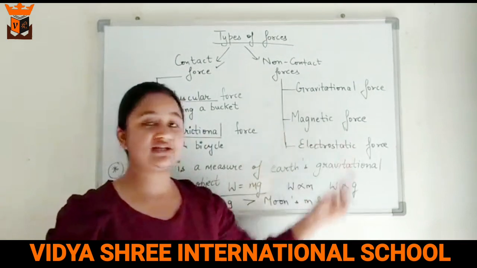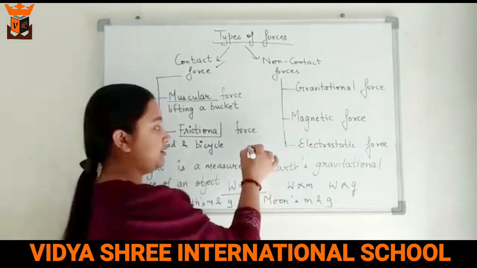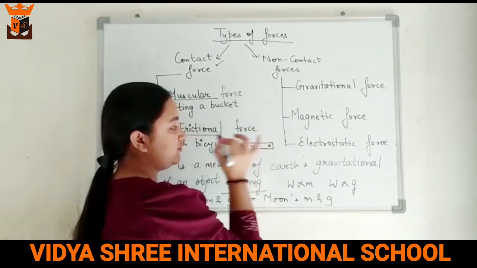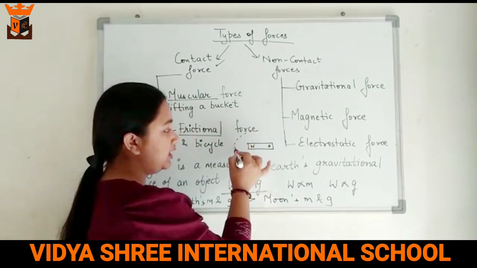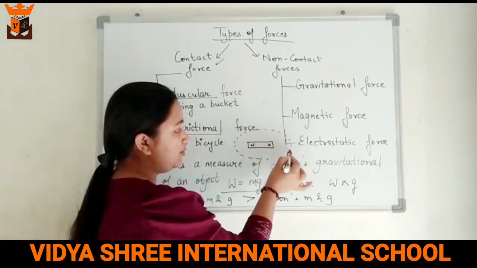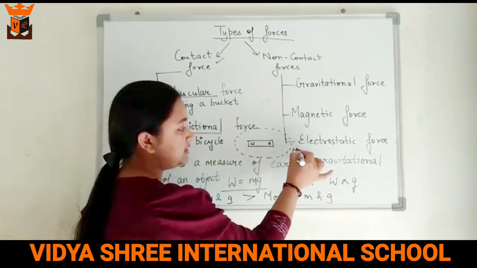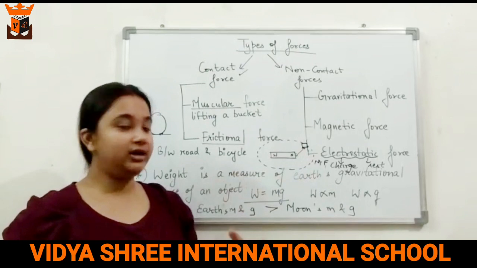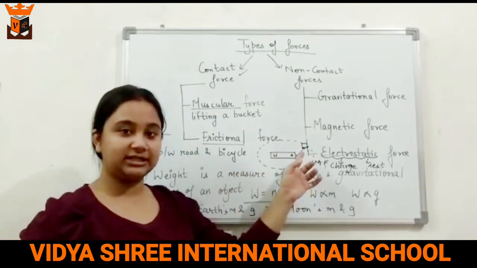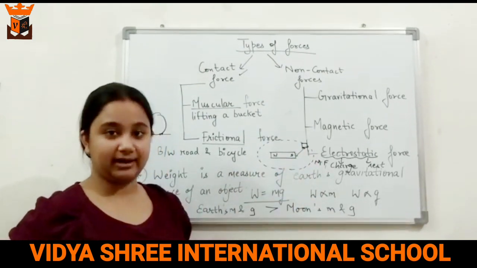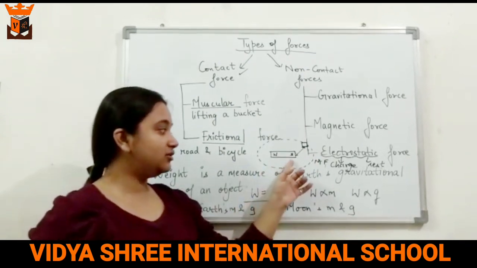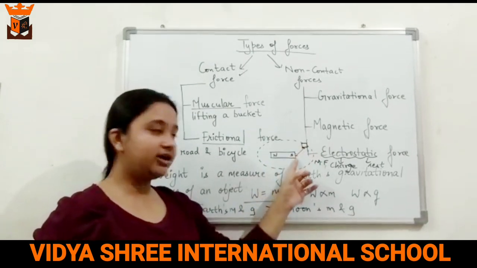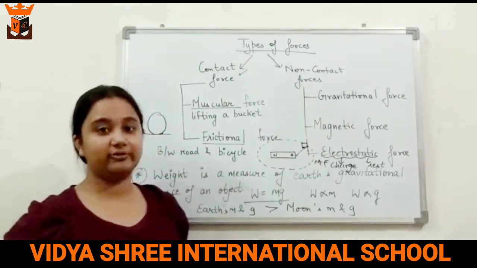Second is the magnetic force. If you have seen a magnet, this is a bar magnet and these are the poles of the magnet. Every magnet, depending upon the size, has its own magnetic field. This is the magnetic field. So when any metallic object like iron is placed in this invisible magnetic field, it gets attracted by the magnet. And you can see that the magnet and the iron object are not in contact with each other.